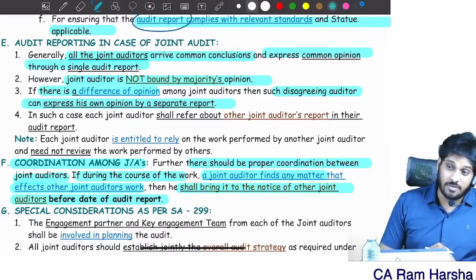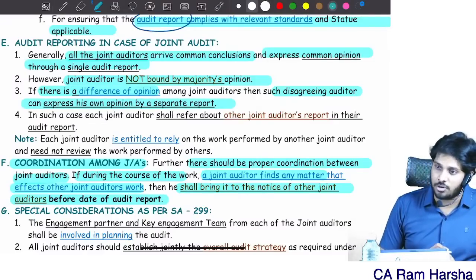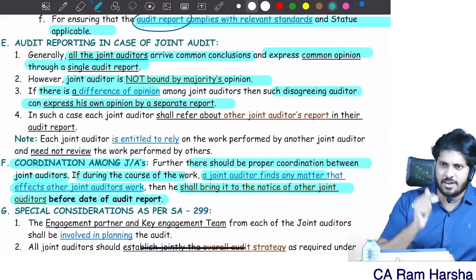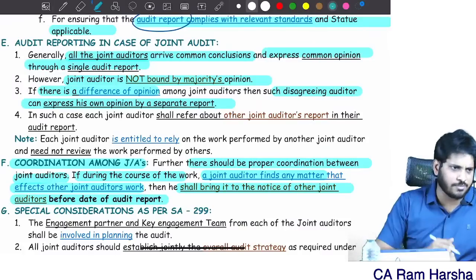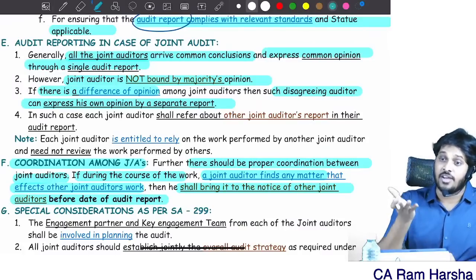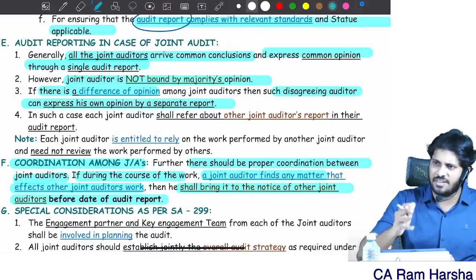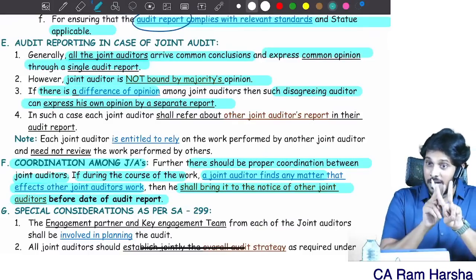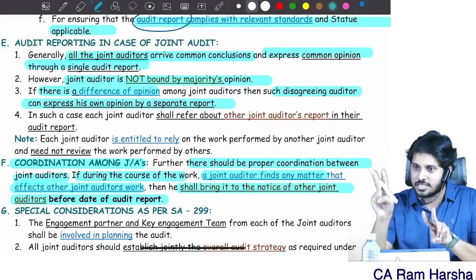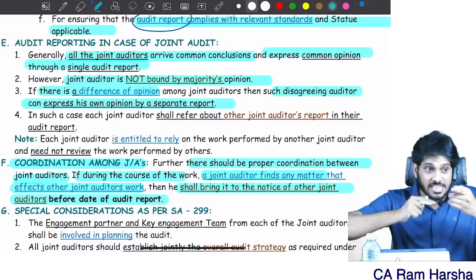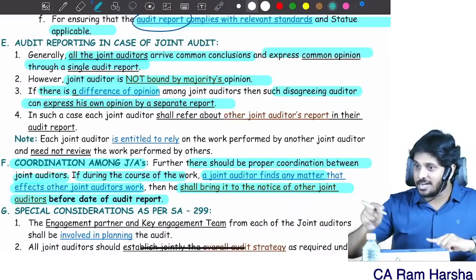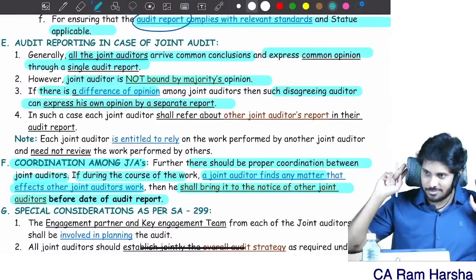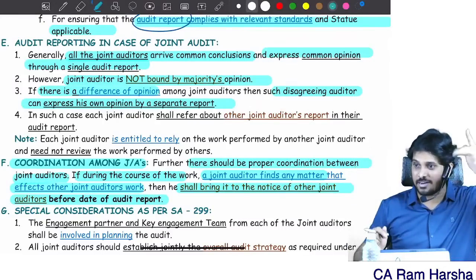When you are giving a separate report, which report should shareholders follow? That is their choice. When you give a separate report, whether a qualified opinion or an adverse opinion, you will give a basis for your opinion, your objections, and they will read it. If they feel yours is genuine, they will follow yours. If they feel this is nonsense, he is too much, they will follow the other joint auditors. That's their choice. Are you clear? But when multiple audit reports like this exist for the same company for the same year, in the other matter paragraph of each of these reports, they should refer to the other auditors' report. That is what the other matter paragraph means.